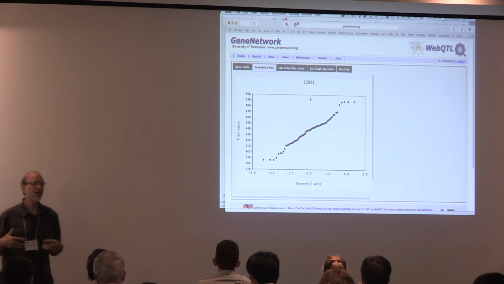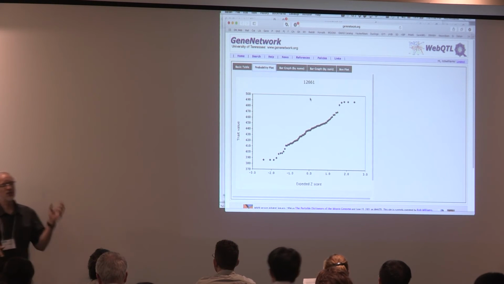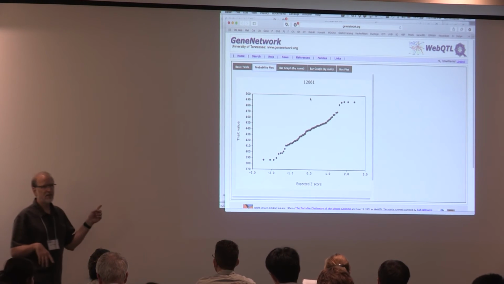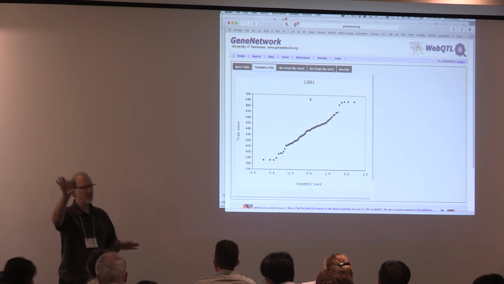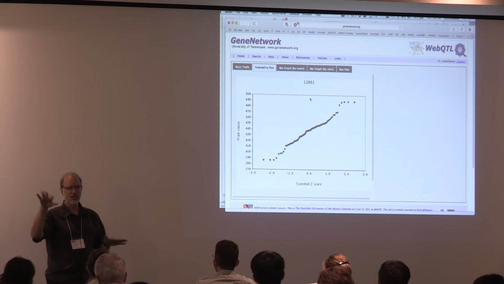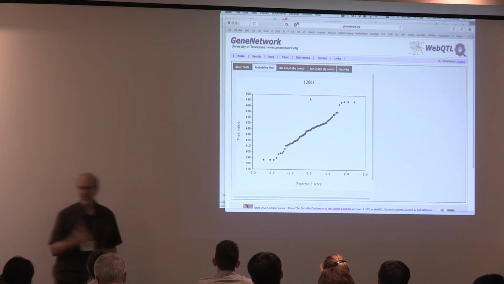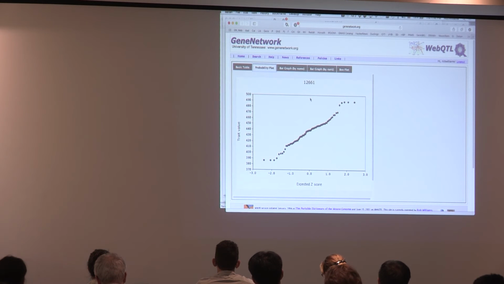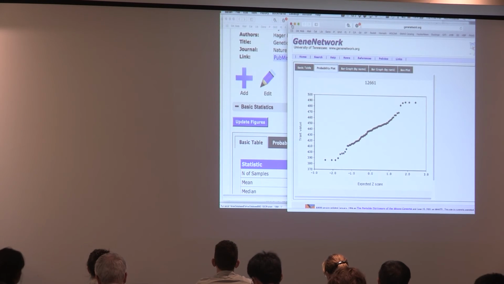So that's why we try not to database everything and lock you into the data. Because if you're doing this in a multivariate space, it's even more important, because you might have everything look wonderful in univariate space, but be multivariate non-normal, and you have to figure out what to do in a situation like that. So that's, again, why everything is sort of live. Okay, so I have now cleaned up my trait,